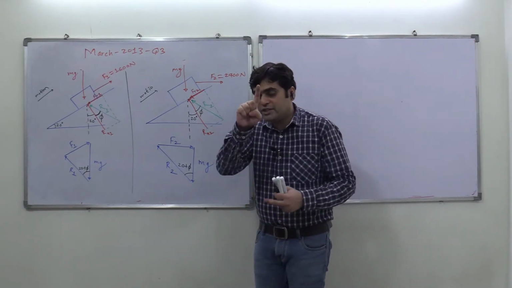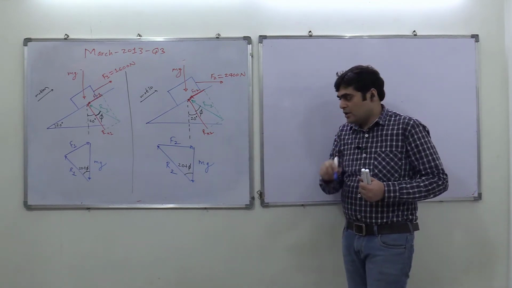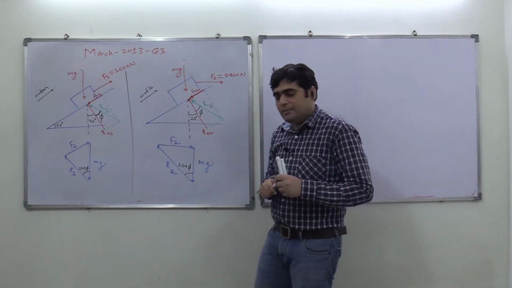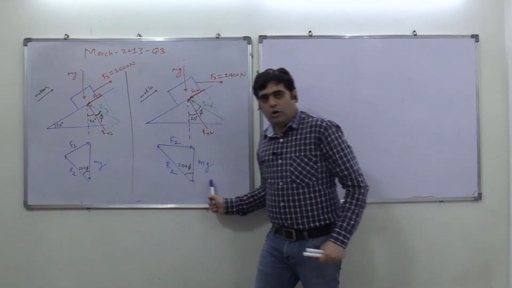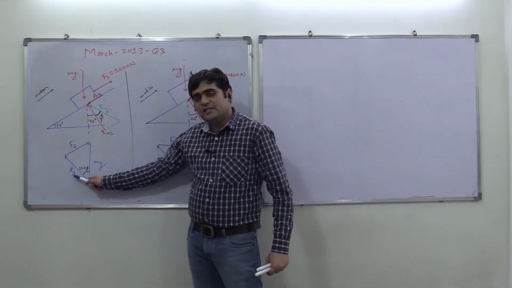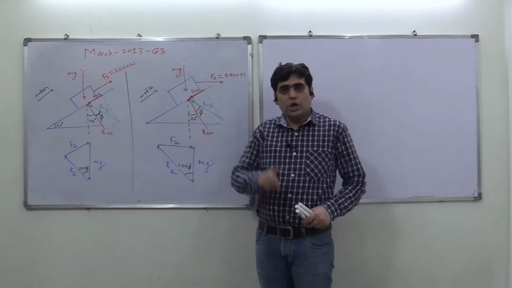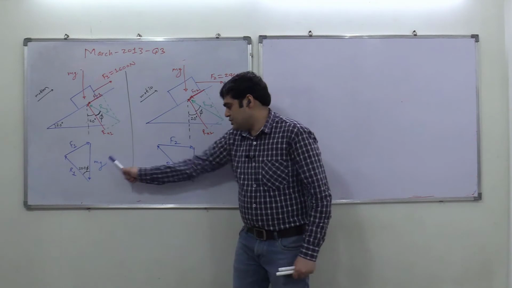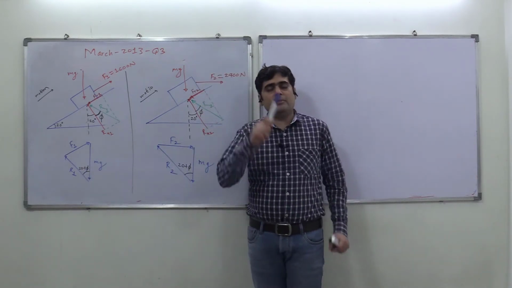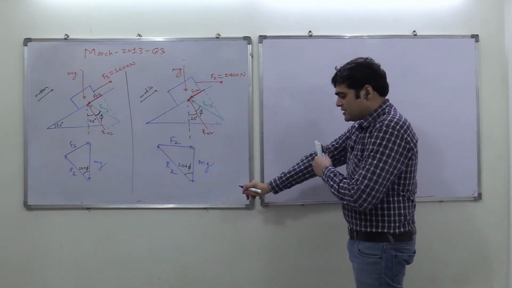Okay, how am I going to merge here? Try to see the point here. What I am explaining once again, before merging the drawings, is what is common between both the drawings. mg is common. Then this 20 plus phi, the angle between the resultant reaction and mg, here 20 plus phi, here also 20 plus phi. So here two things are common. First is mg, second is 20 plus phi. So two things are common.